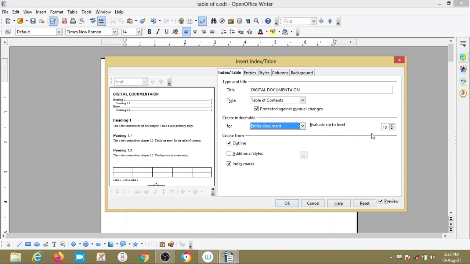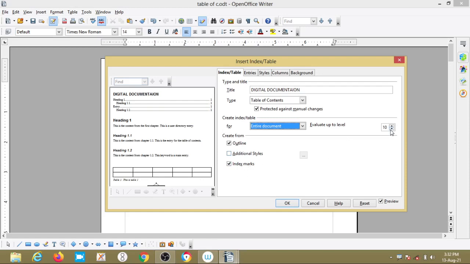Okay, then here additional styles means if I want to change the font style, font size, font type and color, we can make the changes. So this is index mark. With index mark we can give marks to the index.